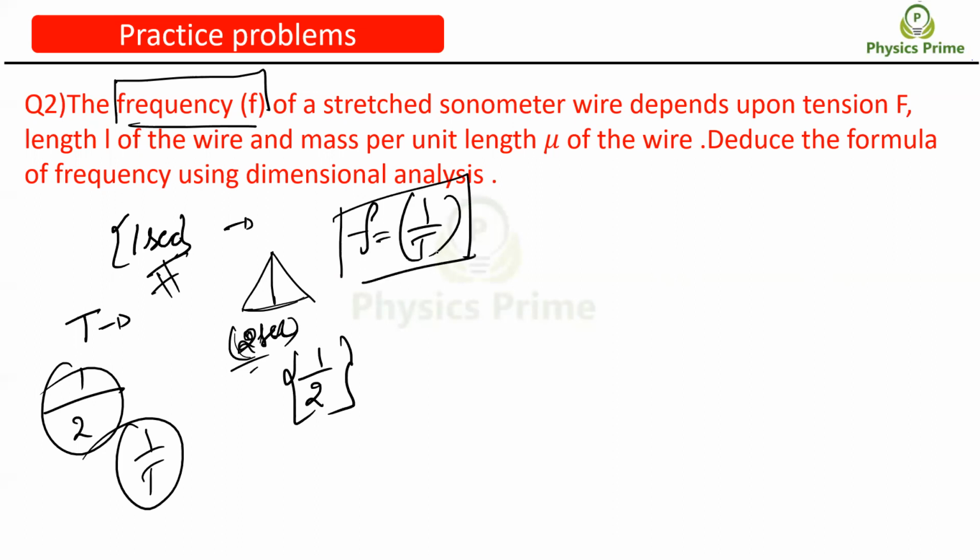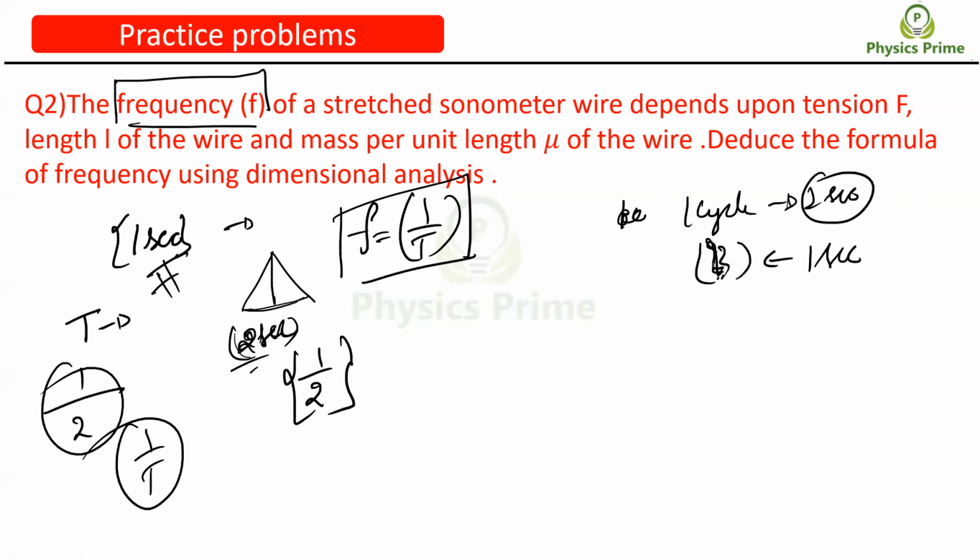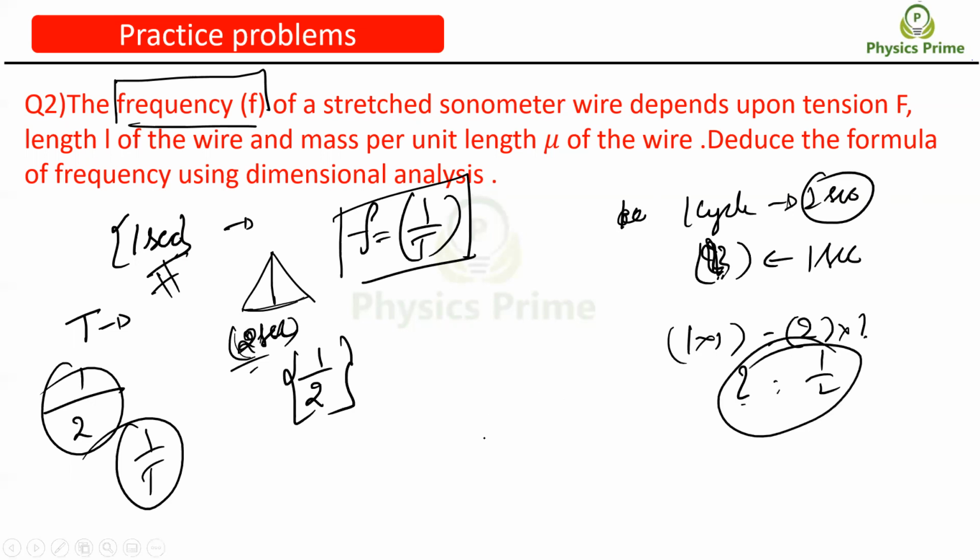You can write this note. In future also you will learn these things. For one cycle, it took 2 seconds. For 1 second, how many cycles will happen? Got the frequency? That means 1 into 1 is equal to 2 into the question mark. The question mark is equal to 1 by 2, right? You understood? So you do 1 by time period.